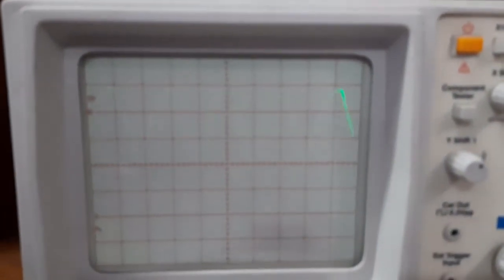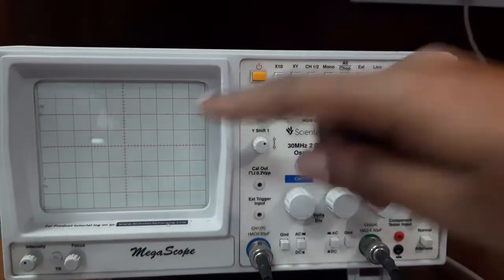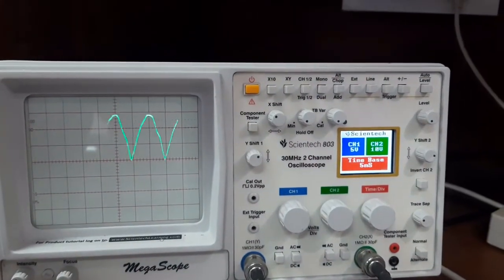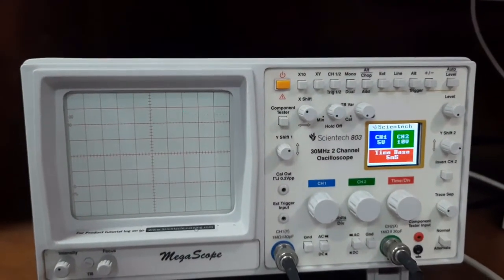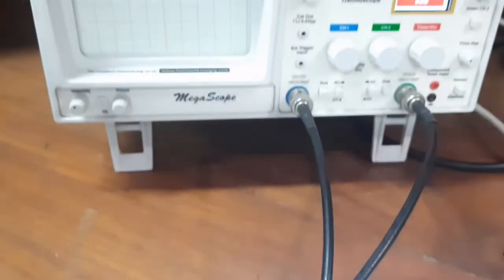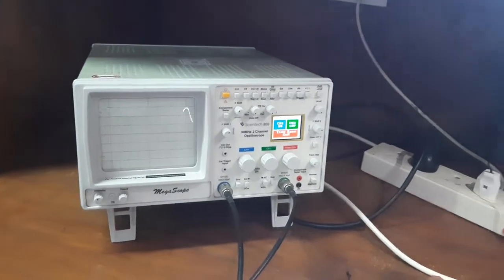We just now calculated what is VM. It is nothing but 5 volts into 2.8, that is equal to VM. Now all we need to do is find VR peak to peak. To find VR peak to peak, we need to connect the capacitor. So I have connected the capacitor again in the circuit.